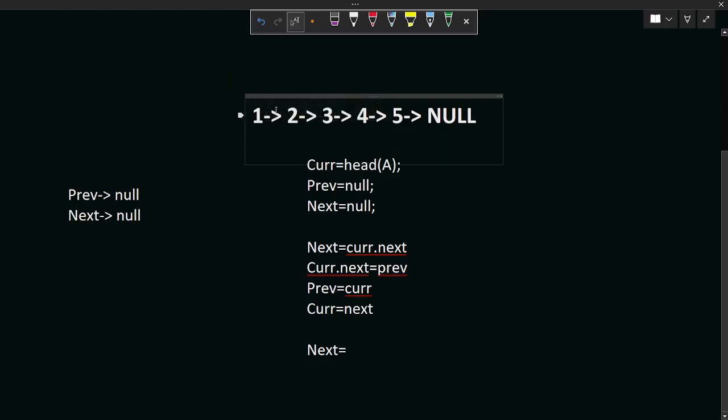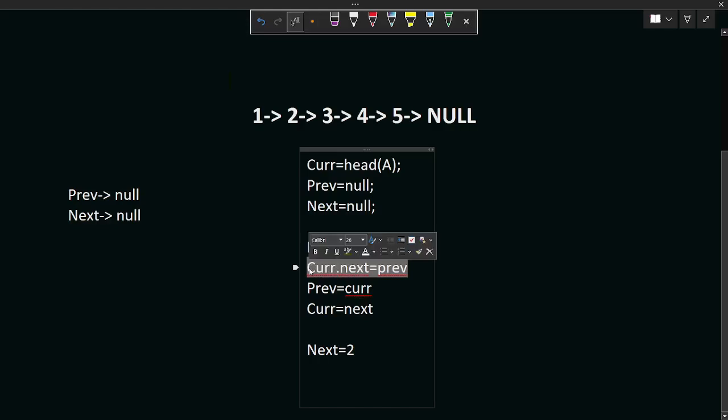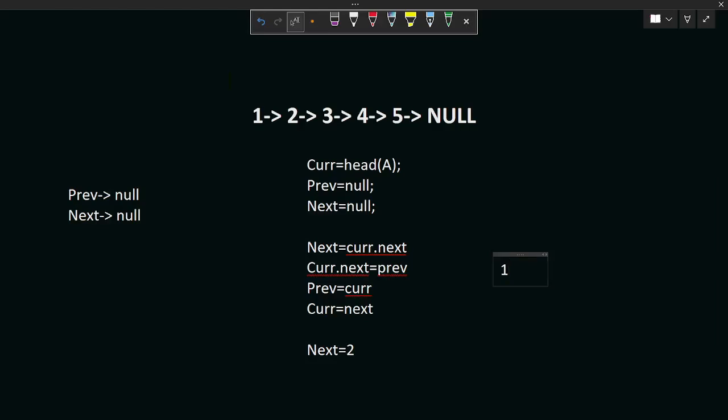My next variable is current dot next, which is 2. So let me write it down. It's 2. Current dot next is equal to previous. This is a crucial step in our reversal of the process, because we are connecting our current element's next to our previous element, which means current element is 1 and I am pointing it towards null. My current dot next is equal to null,